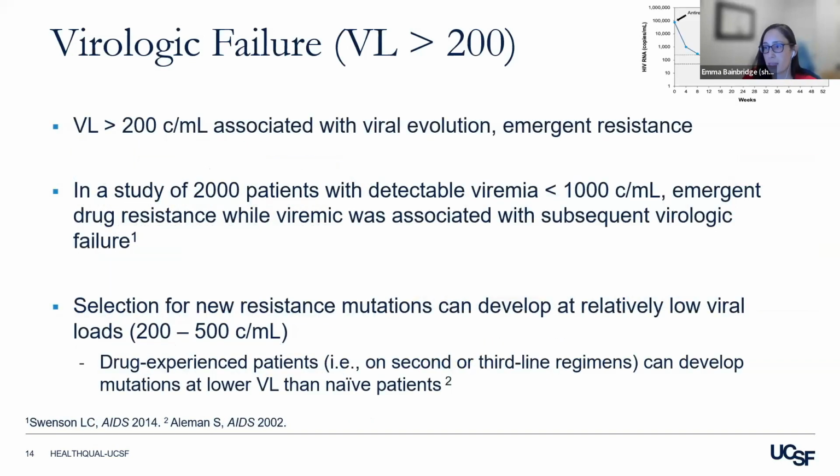So what does this mean? Essentially, it means that if your viral load is greater than 200, you're going to see some viral evolution, and there's a good chance that you'll develop emergent resistance. And this has been seen in prior studies, in particular in studies where your viral load is less than 1,000. So not particularly high, but still provides enough of a selective pressure that emergent drug resistance will occur. And they've seen it actually as low as, in the 200 to 500 copies range, you can see new resistance